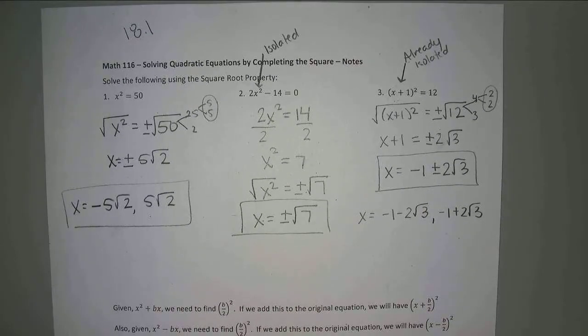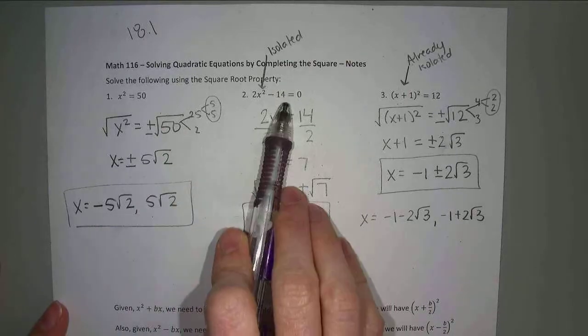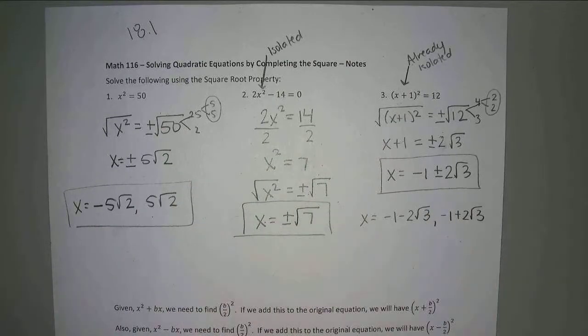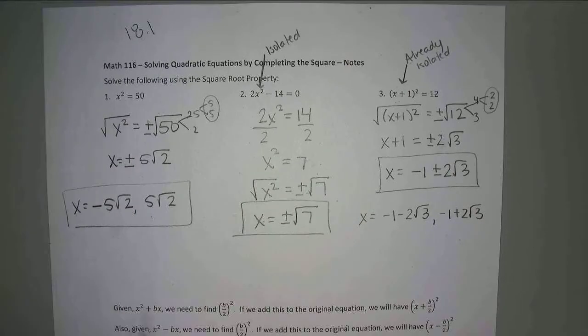So it would be nice if everything was just a square, because all of these are missing the x term. Does that make sense, guys? This is just x squared and 50. This is just x squared and 14. This is x plus 1. We don't have that x term, that middle term, where we can use the AC method. So if everything was a perfect square, like this, we could just do the square root property all over the place,